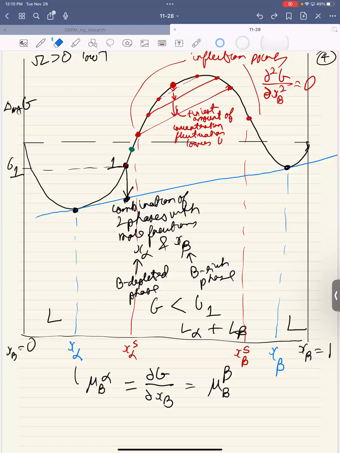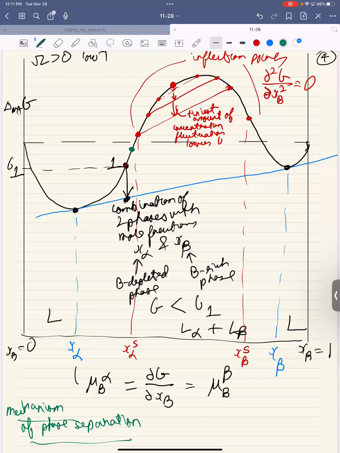I will stop at this one. So basically, what you are going to see inside is that the mechanism of phase separation changes. That's the main take home. In thermodynamics, we don't talk about mechanism, right? We talk about what will happen when we say something is spontaneous. We don't say when, right? We say if you wait long enough and your system is big enough, it will happen. What I'm showing you here is the process of going over there, how will it look? So the mechanism of phase separation